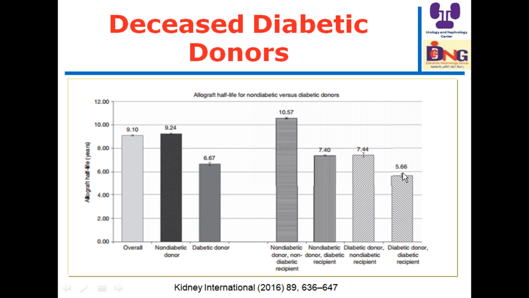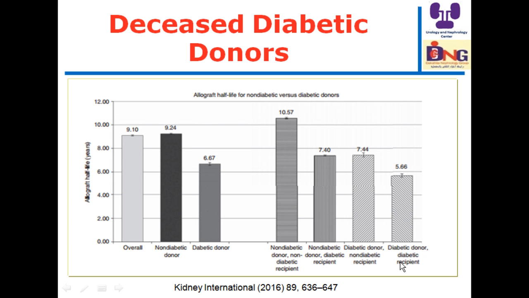And this is a combination of non-diabetic donor and non-diabetic recipient. This achieves the best allograft half-life. With a non-diabetic donor to a diabetic recipient, the presence of diabetes in the recipient also affects the outcome. Diabetic donor and non-diabetic recipient, this is the half-life, but the worst combination is, and this is bad, diabetic donor